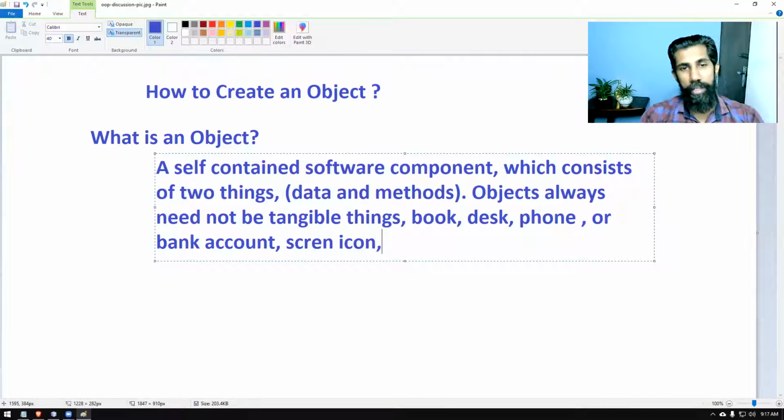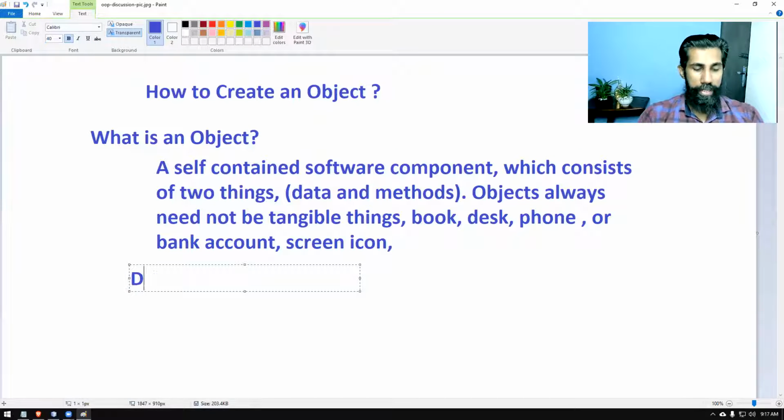If you take a book, a desk, a bank account, or a screen icon, all of them have one thing in common: data and methods. So we need to see what we mean by data, and then what we mean by methods.